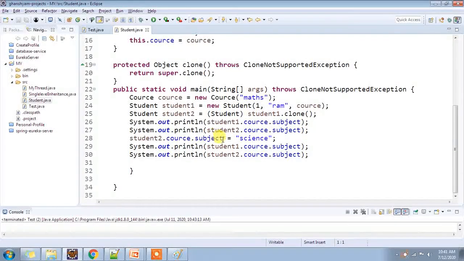And again we change the subject from math to science, and again we print the subject. So now if we run this program,